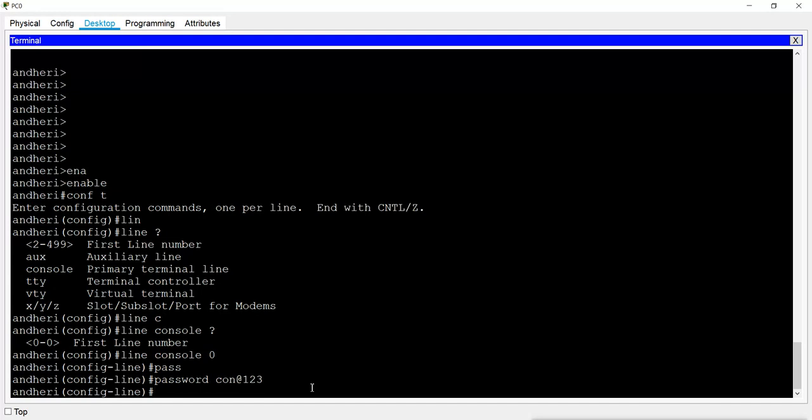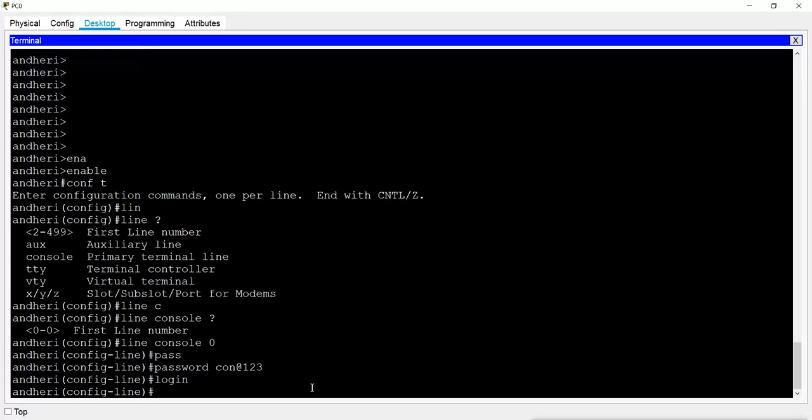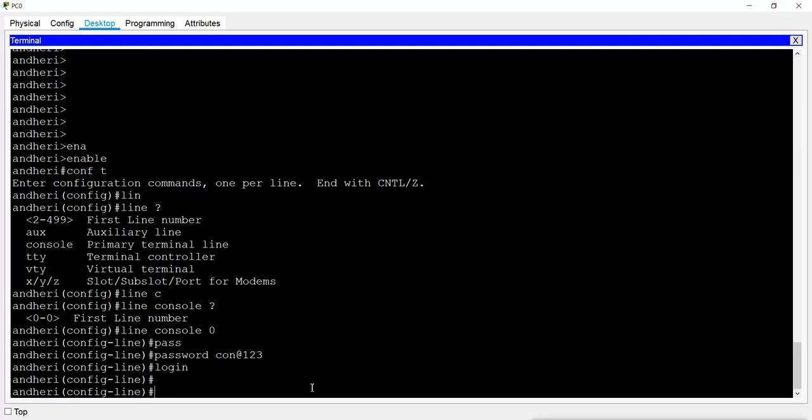Now the next step is to give the login command. If I don't give login, it will not ask me for the password. So I will mention login and enter. So don't forget to give login. It is telling the router that it has to ask for the password and not allow anyone without a password. Now the password is configured, and I will exit from here